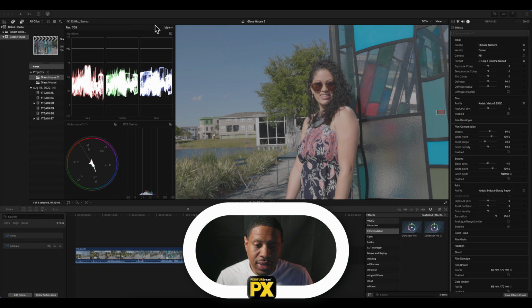So let's get started. This is some footage that I pulled in as it relates to Canon R5. And yeah, we still have Canon R5 users out there. I wanted to share with you guys how I implement the Canon Cinema Gamut as well as Canon C-Log 3 color space into the Final Cut workflow and how it relates to Dehancer and seeing how this will affect my footage. So as you can see here, we have a clip of a young beautiful lady